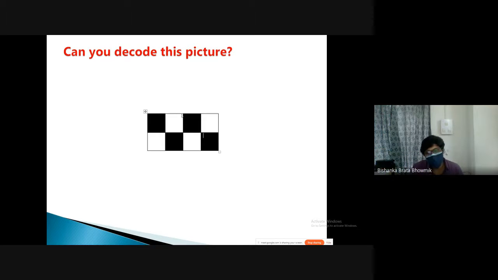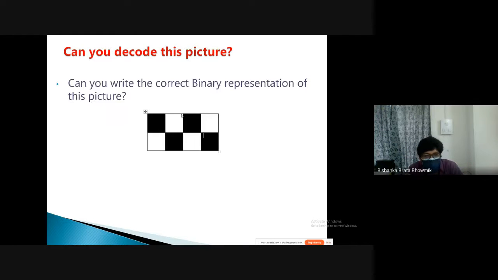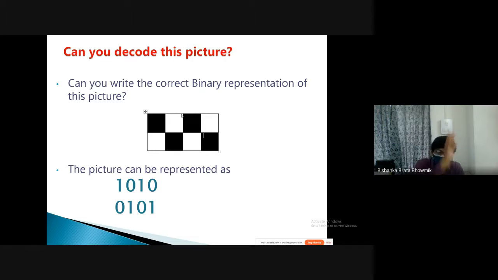Okay, now we give them the opposite problem. This black, what will they write? They'll simply write 1. It is white, they will write 0. Again, black, they will write 1. Again, they will write 0. So, likewise, they will just interpret from this image what the binary representation is.